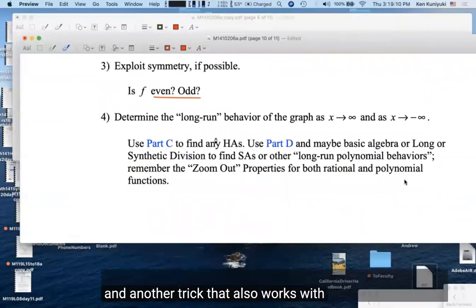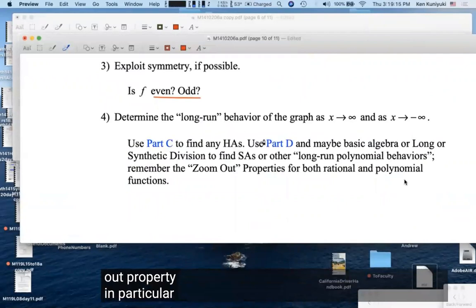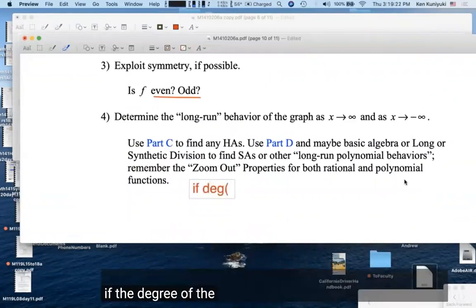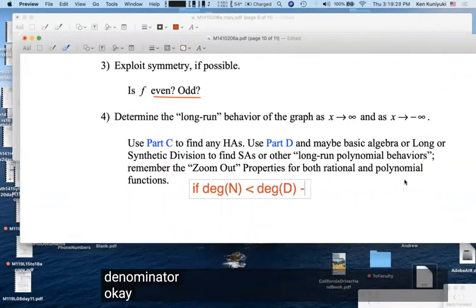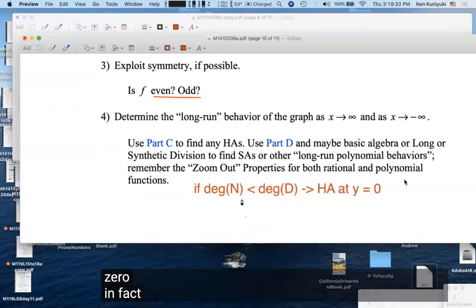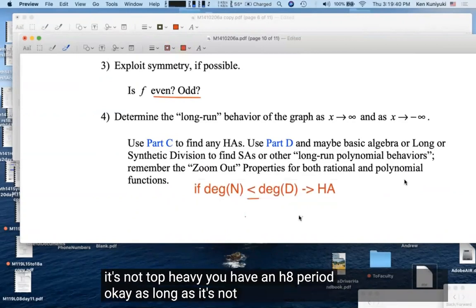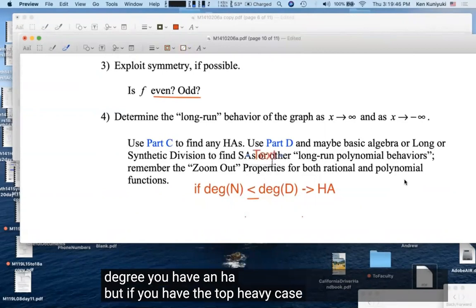And another trick that also works with polynomials, long-run behaviors, the zoom out property. In particular, if the degree of the numerator is less than the degree of the denominator, then you have an HA at y equals 0. In fact, as long as it's not top-heavy, you have an HA, period. As long as it's not top-heavy in degree, you have an HA. But if you have the top-heavy case,